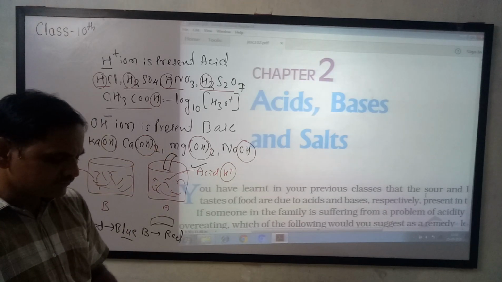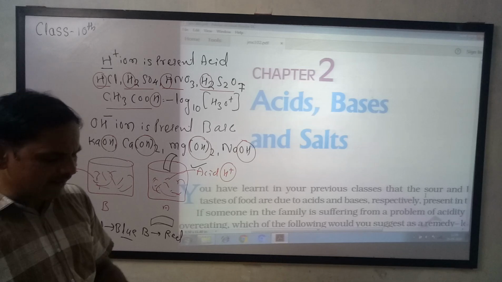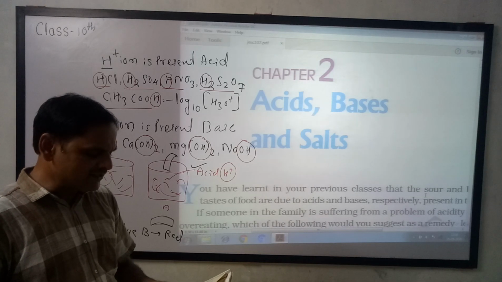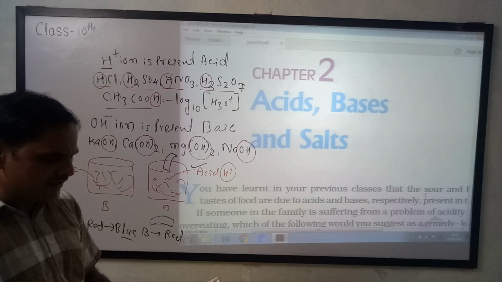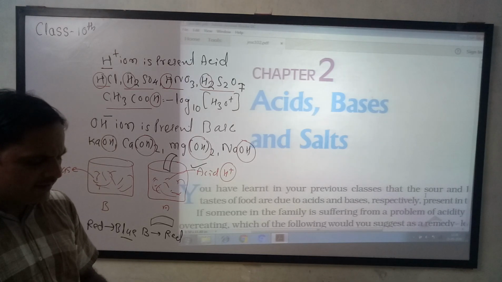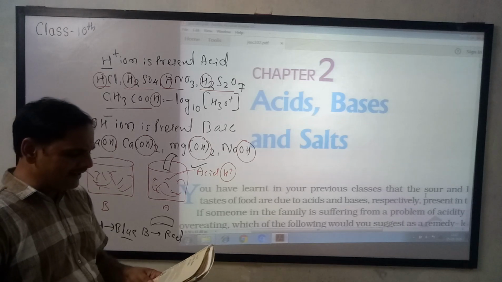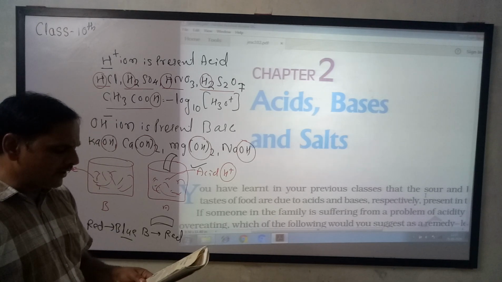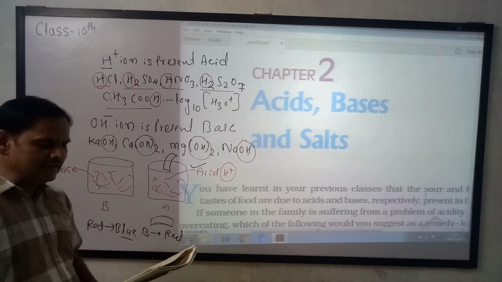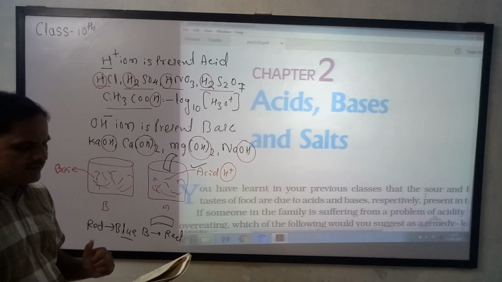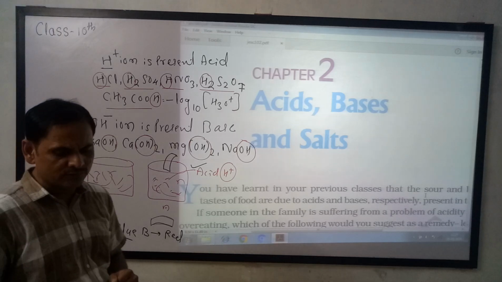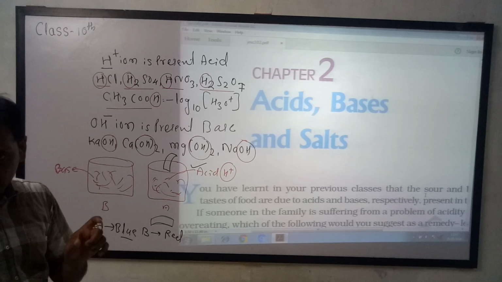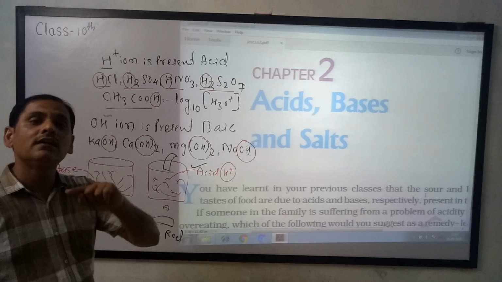Clear? Okay. Here, have you noticed that a stain of curry on a white cloth turns reddish brown when scrubbed with soap, which is basic in nature, and turns yellow again when the cloth is washed with plenty of water? Or you can also use synthetic indicators such as methyl orange and phenolphthalein to test acidic or basic solutions. Like this paper is a natural indicator, the same thing we are using in